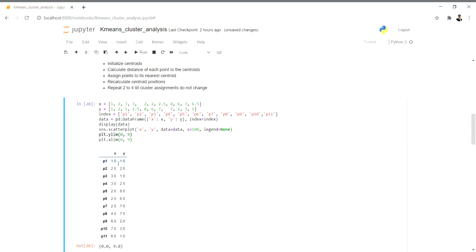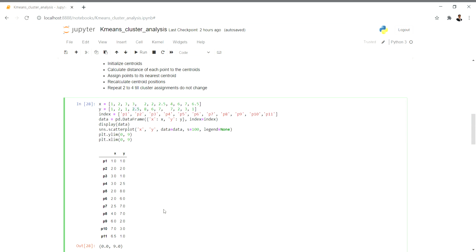Point 1 has 1.0, 1.0, 2.0, 2.0, but we kept these as whole numbers. Internally it will store them as floating point because you have some points like 2.5 and 6.5, so it keeps the granularity the same across all the points.